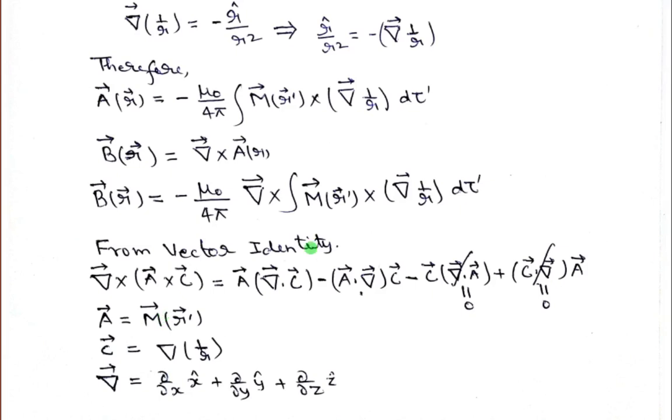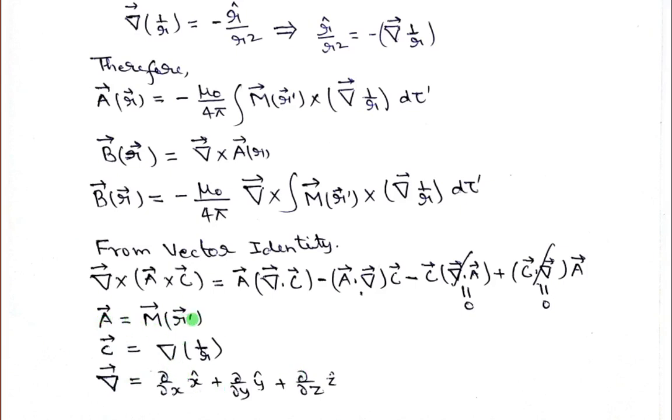Okay, and vector c is equal to, you choose, the gradient of 1 upon r, and obviously the del operator, that is equal to the del operator. So if you replace this, obviously this del operator is a function of the x, y, z coordinates. So when you do this, the divergence of a, meaning del dot a, is a function of x prime, y prime, z prime, and this del operator is in the coordinates x, y, z. So these coordinates are not matching.